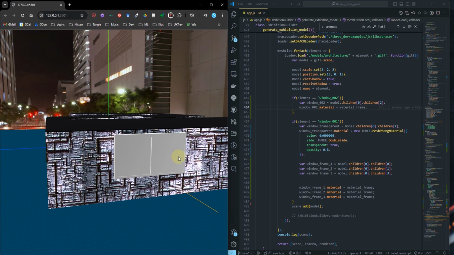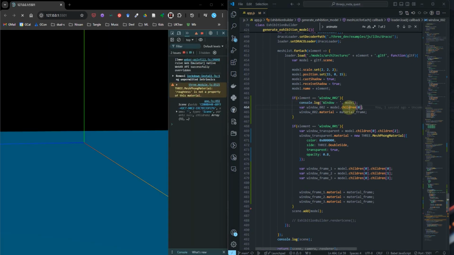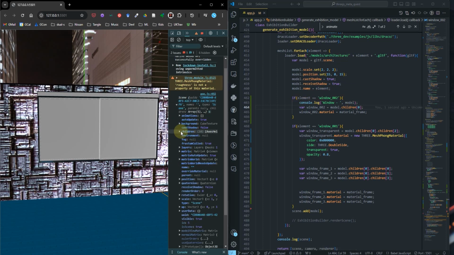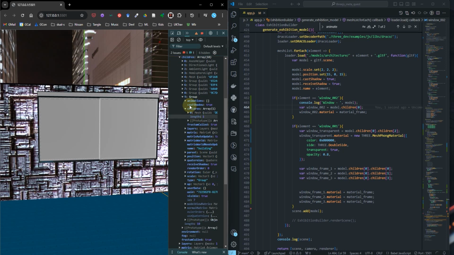So we can see it doesn't really affect the material. So we can look at the mesh. I'm wondering, we could have multiple objects in this mesh. So if we're going to log object children, we seem to have multiple groups. So that's one mesh, that's building. Look at this, that's ceiling,